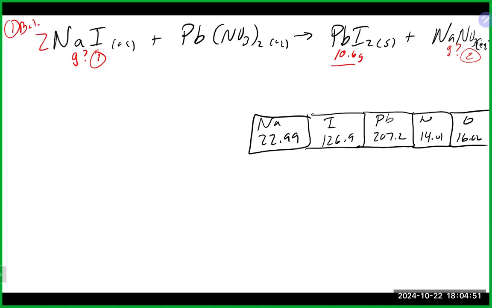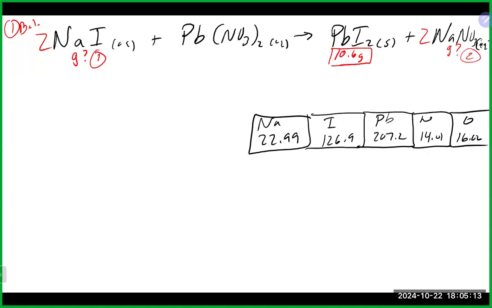So I think we need a 2 there, and I think we need a 2 there, and now we should be balanced. Remember, you always want to make sure that you balance it. Otherwise, again, you will not have the right coefficients and the wrong relationships. Now that we have that, this is really the only thing that we have given to us, which is 10.6